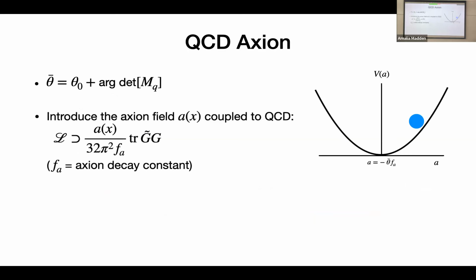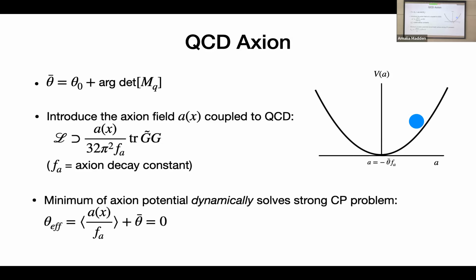Now we introduce the axion field, which is coupled to QCD. And I have to apologize, I realized that when I took these slides, I missed one line, which is that theta naught here should couple like this. Couples like the axion. And the way the axion solution works is that QCD generates a potential for the axion. And when the axion relaxes to the minimum of this QCD generated potential, you can dynamically solve the strong CP problem. And now your effective angle is at 0.